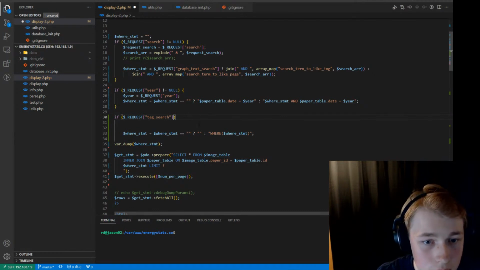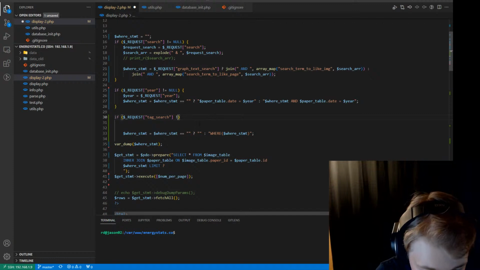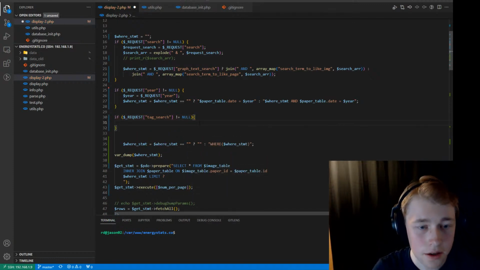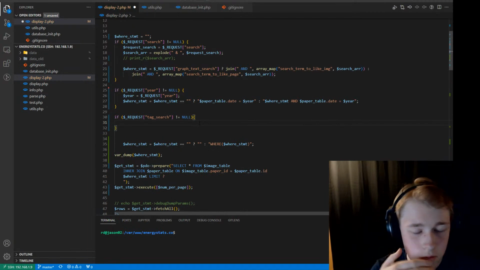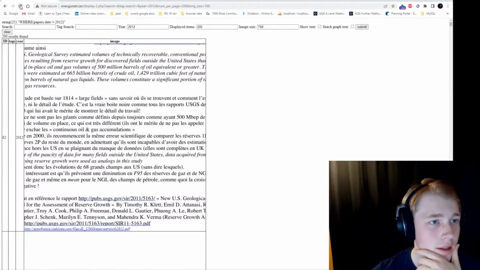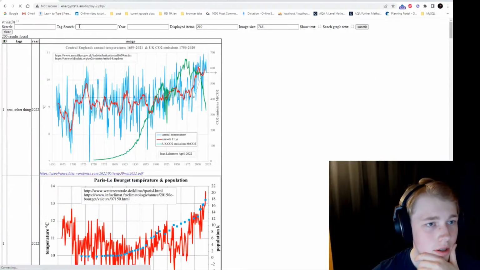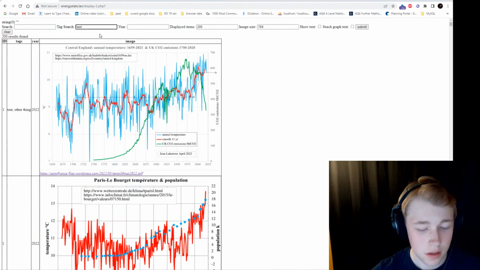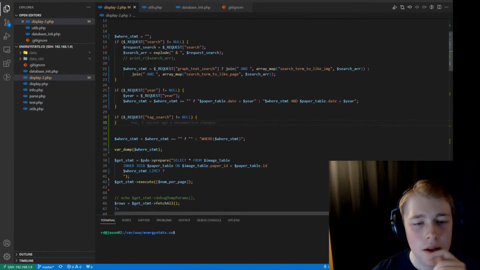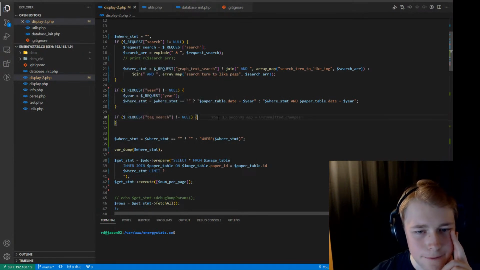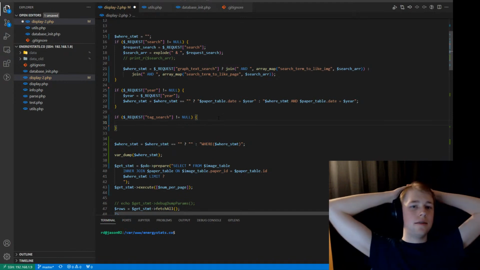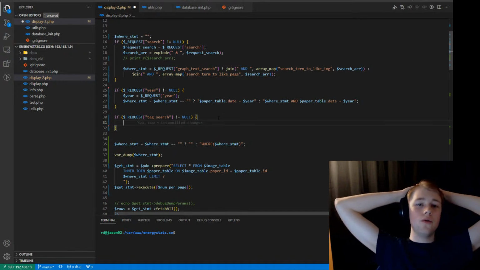Tag search not equals null. Then we want to actually, let me just check that the persisting logic on that is working. Yeah, that's all good. So if we've got something for the tag search, we want to do